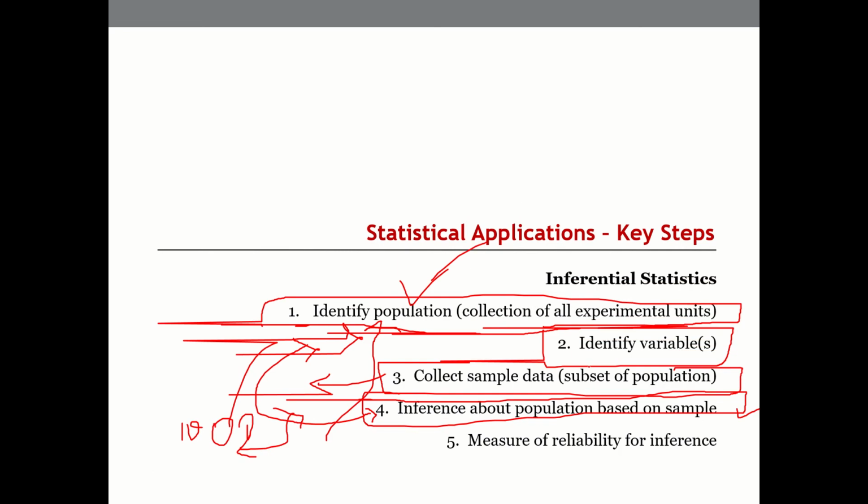Descriptive statistics is about the data we have, and we restrict our description to the data in our hand, or we comment on the sample size that we have. Whereas in inference statistics, based on the sample size, we comment on the entire population. That's the major difference we can keep in mind.